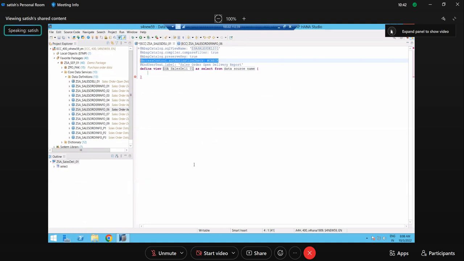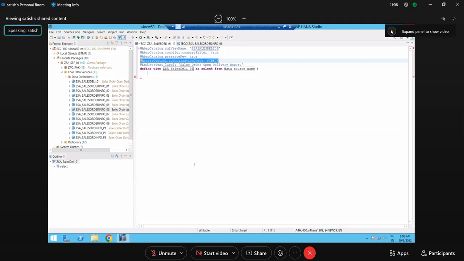DML stands for data manipulation language. That is nothing but a regular table, which we create like an SE11 level table. The same thing can be created using Eclipse. Since S/4 on premises has the SE11 transaction, most people don't use it. But when you go to the cloud versions, there is no SE11, SE12. Then if you want to create a table, you need to use a DML, which needs to be created